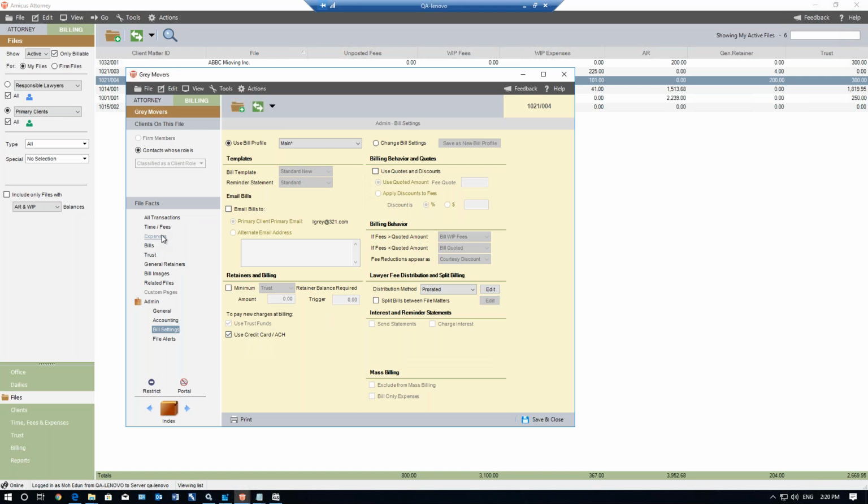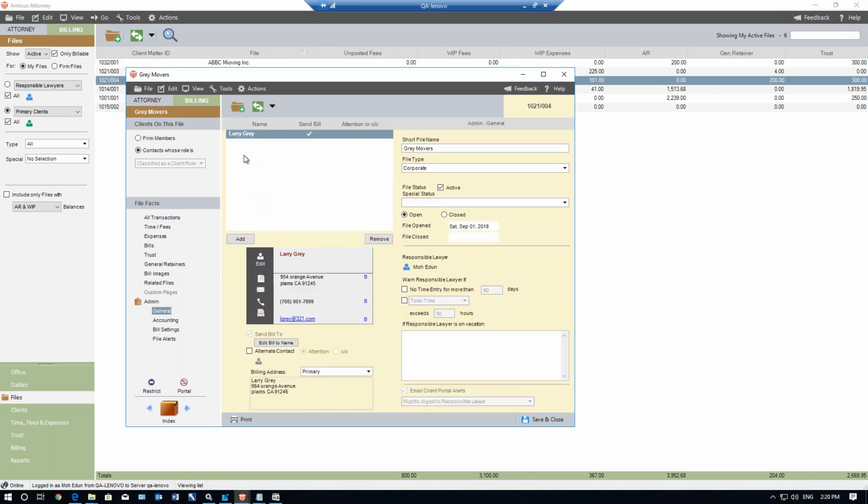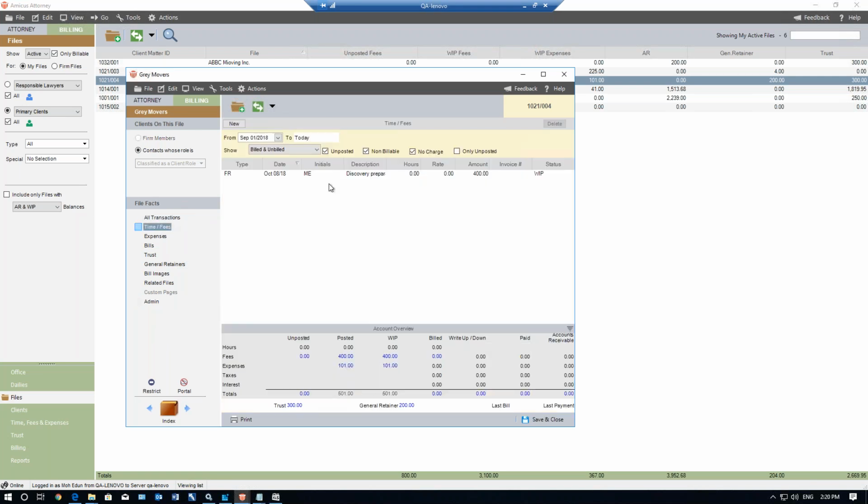So I have a file here that I'd like to go through. This file also has a contact, the same contact that we were looking at earlier with that credit card payment method. So if I go in here and look at the fees, we have $400 in fees, a retainer here of $200, and a trust balance of $200. So if we go and create a bill,